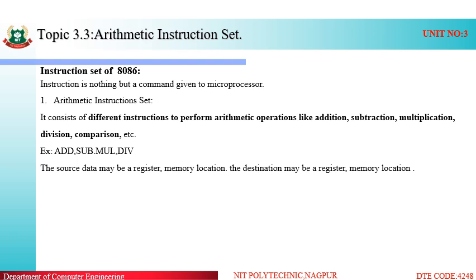As you all know, the instruction format of every instruction is that first the opcode is specified, and after the opcode there are operands. Opcode is nothing but the action which is going to be performed, and the operations are performed on the operands. Similarly here the opcodes are add, sub, mul, div, cmp, inc, dec, likewise.